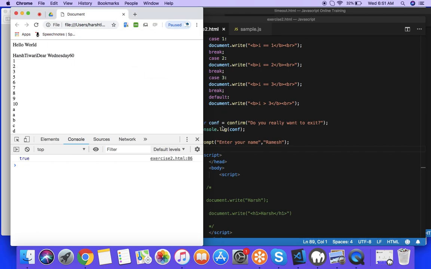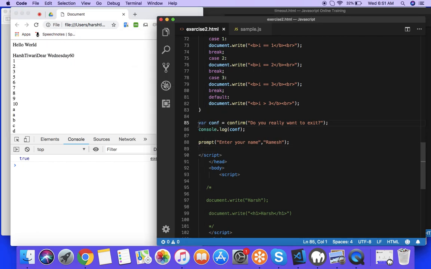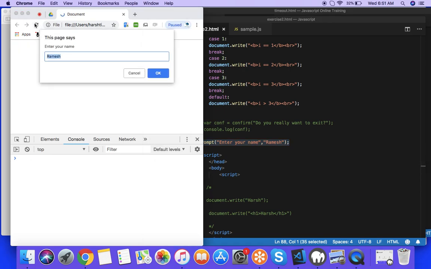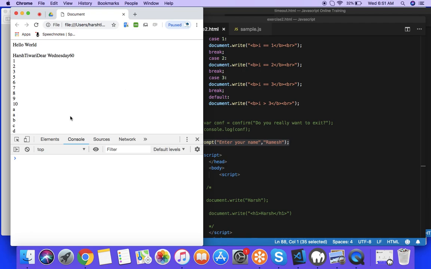I'm just commenting out this confirm box first because I don't want a confirm box right now. So I'm just doing the comment for this. I just want a prompt box, so I write enter your name and then this Ramesh. So when I'm refreshing this, you can see the Ramesh is here. When I'm clicking on OK, it's done. And when I'm clicking on cancel,